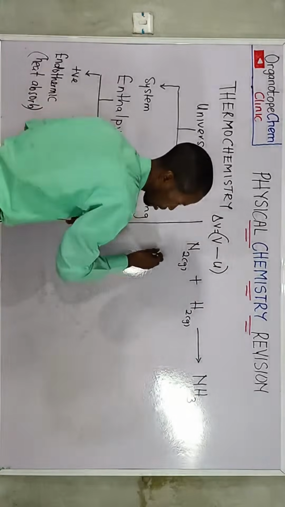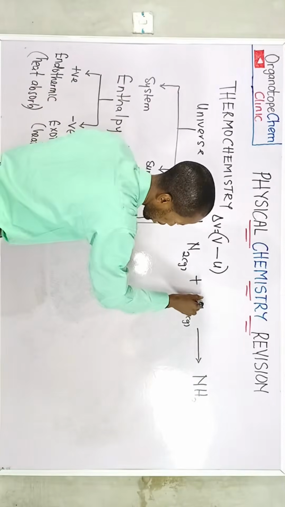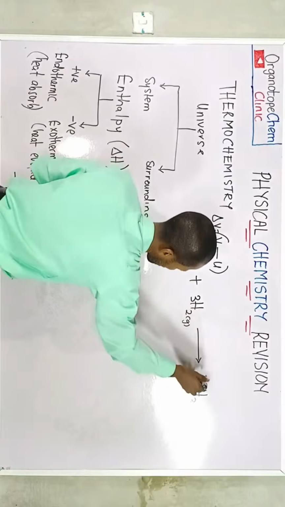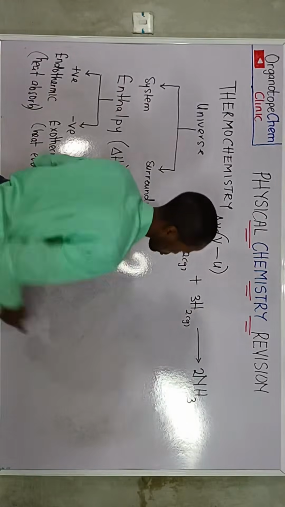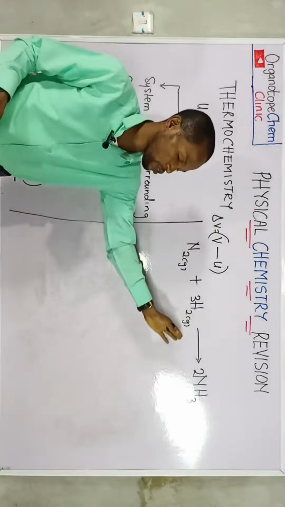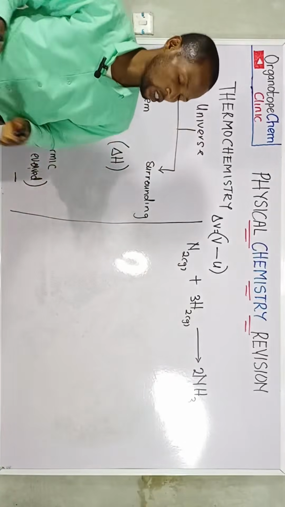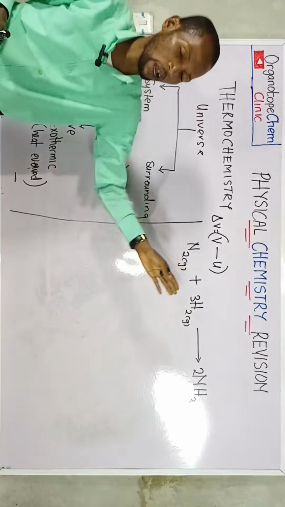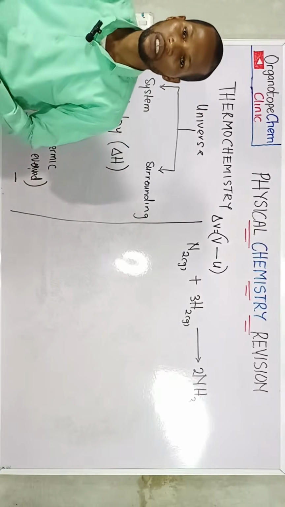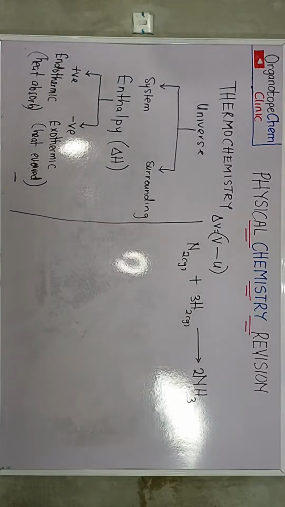When we balance the chemical equation, we are going to have what here? 3. Then we have what? 2 right here. So the equation is balanced. So this reaction is called what? What's the formation of ammonia called? What process? Can you type that in the chat? Formation of ammonia is called